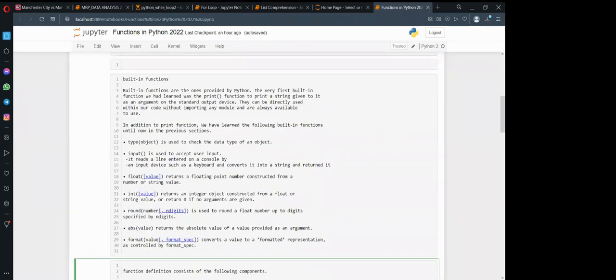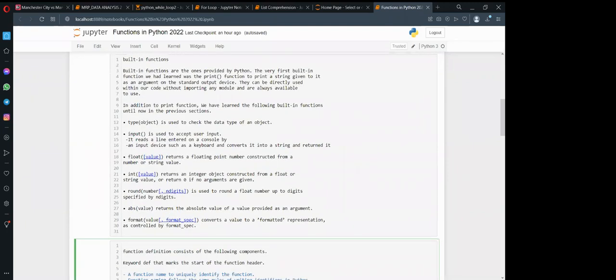For the inbuilt functions, you can just see a list of them. We have type, object, input. If you want to read something from your console, that is the keyboard, then it is converted by the computer. Those are the functions: int, round, absolute, format. Those are built-in functions.